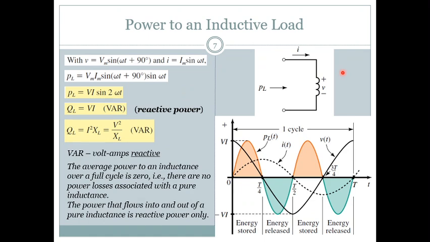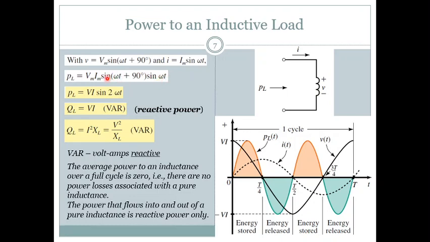Then if you think of inductive load, for an inductor we know that voltage is leading by 90 degrees. So if you take current as the reference, and current equals Im sin omega t, voltage is Vm sin(omega t plus 90 degrees). Now if you multiply these two, you get this equation: Vm Im sin(omega t plus 90 degrees) into sin omega t, which is actually